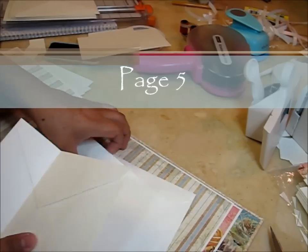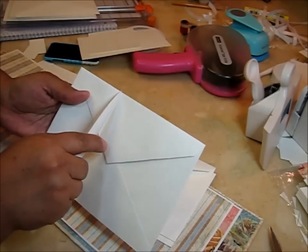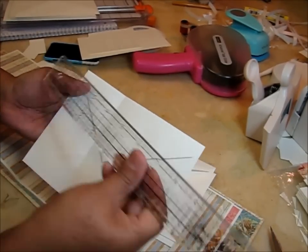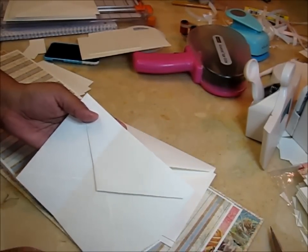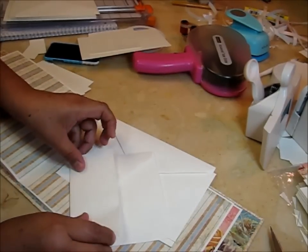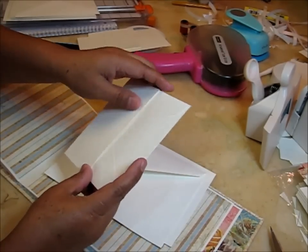For the next flap, you're going to need 3 envelopes. Okay, 3 envelopes, and you are going to score at 2.5 right here. This one at 2.5. And then after you score at 2.5, you're going to fold and you're going to make 1 pocket. But before you continue,